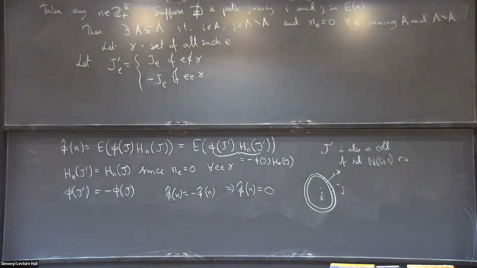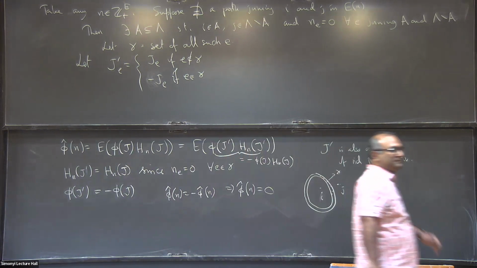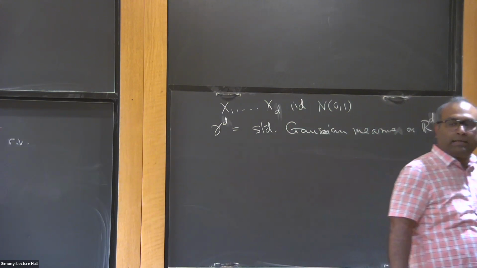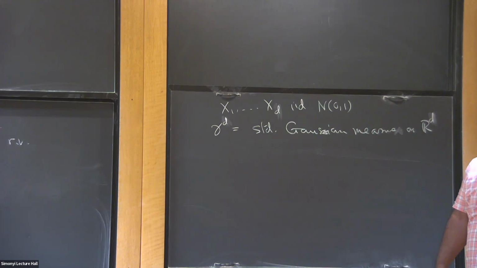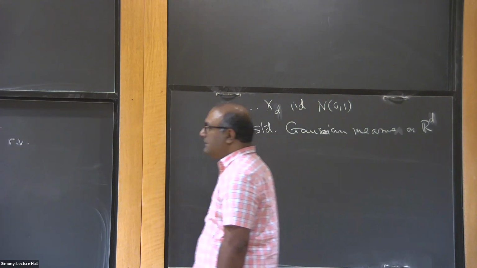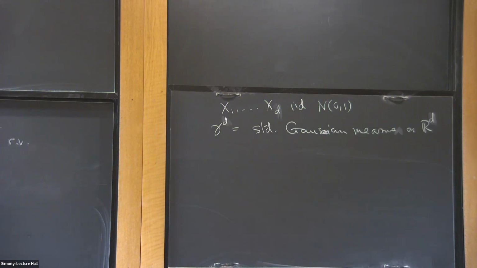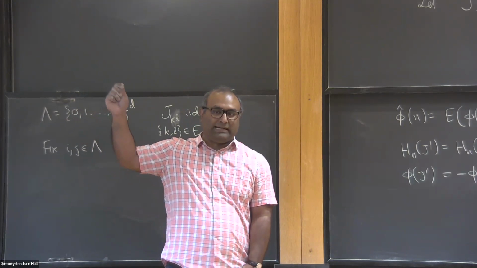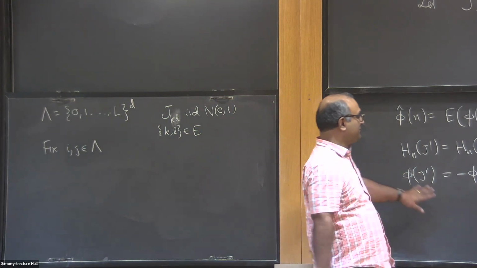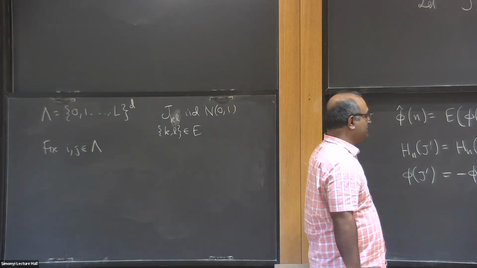So the Fourier coefficient is 0 if n does not allow a path from I to j. So you get that this coefficient is 0. Okay. Any questions about this? Here you only use symmetry. I use various things. I use the fact that these multivariate Hermite polynomials are products of univariate things. But anyway, symmetry is the main thing that's being used here.